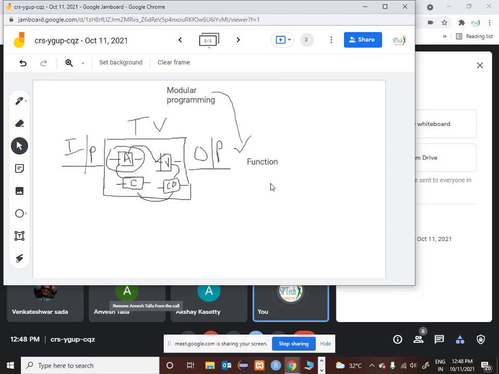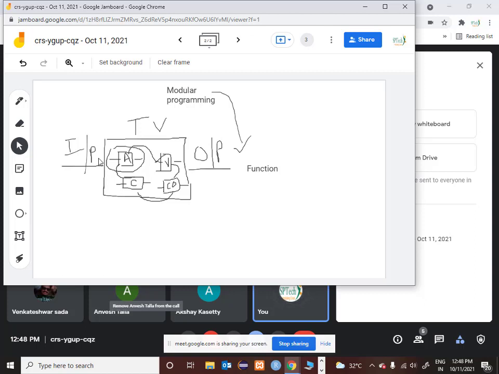Now if you are clear with this concept of functions, then only we can go ahead and see what is object oriented programming and how it works. At this point of time, first let us concentrate on this word function and how to make use of functions in Python. So is this introduction clear and concise so that I can go ahead and write one small program on functions for you? Is it okay? Yes. Okay.